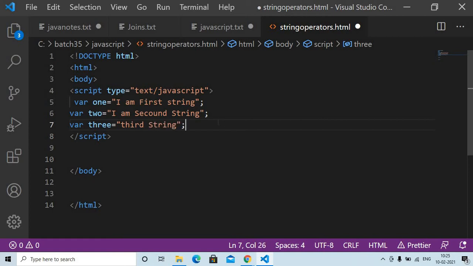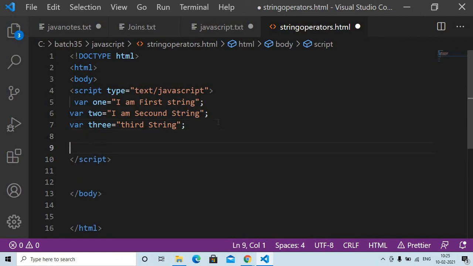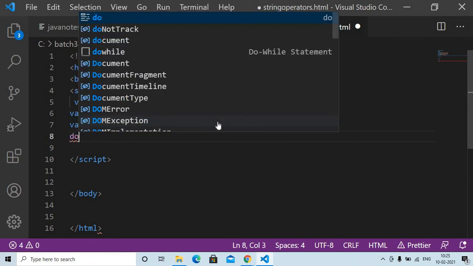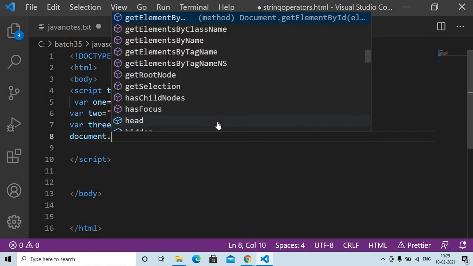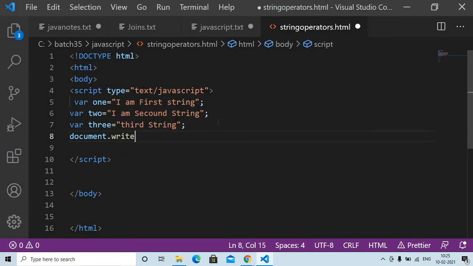Okay, so you want to attach. You need to make it a string concatenation. Either you can use document.write, or otherwise you can use the console, or you can use alert boxes also. Okay, so as of now I am using document.write. Here you want to add those values, 1 plus 2 plus 3.